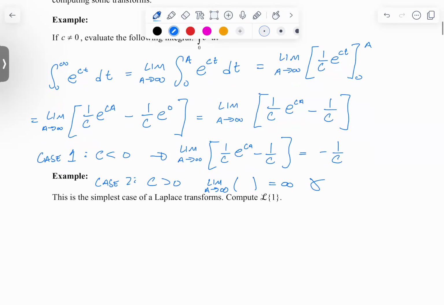So the whole idea is that the integral results in -1/C as long as C is below